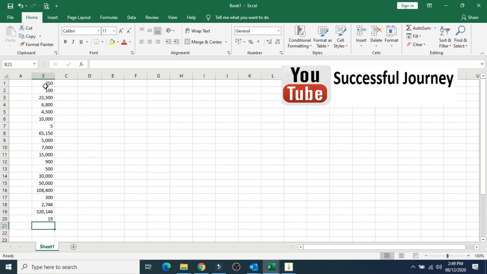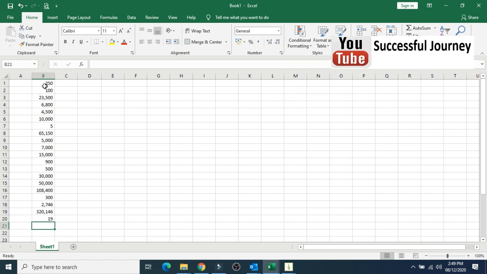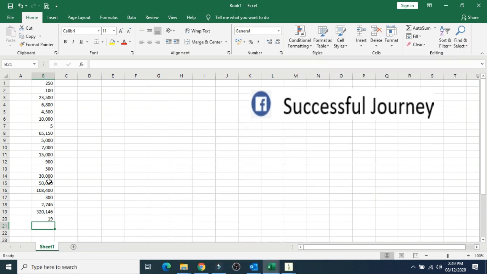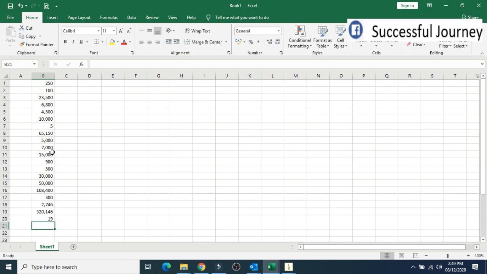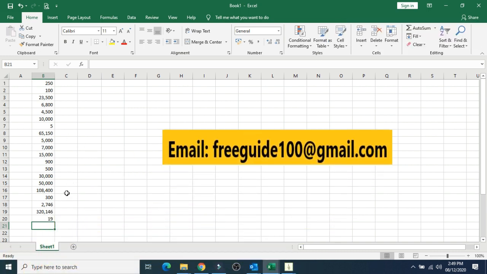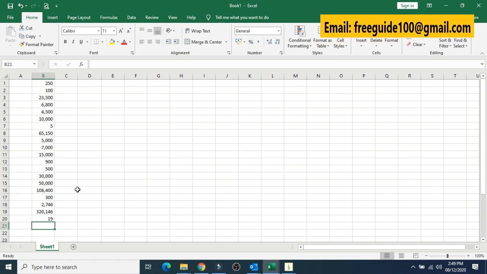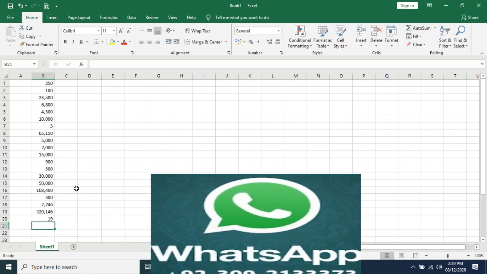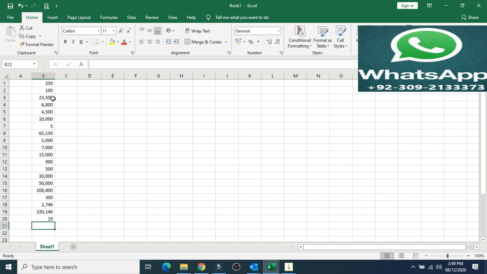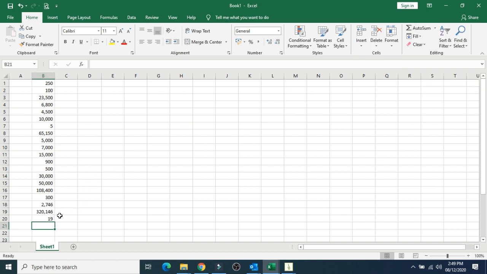What happens is that you have salaries of the staff, and they are coming here, and you want to see if you missed anybody or not, so you use this formula. And you know that, for example, you have 50 numbers of the employees. If you use this count formula and the result is exactly 50, you will know that you did not miss anything. So this is just for checking purposes, and you get a lot of benefit from this formula.